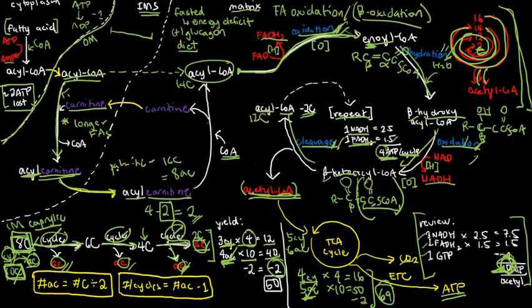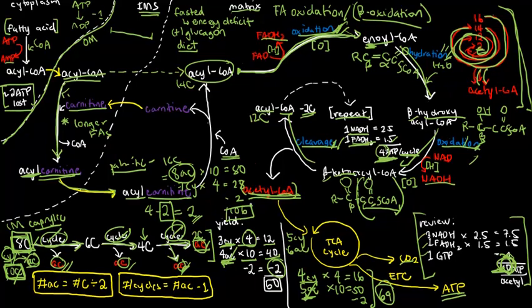So, for example, you might think, palmitic, oh my god, that's a long molecule. Can I possibly compute the ATP yield in a very short time? Yes. So first, we already know it has 8 acetyl groups times 10, that's 80. And then we know that the cycles is always one less. So the cycles is 8 minus 1, so that's 7. And we know the multiplier for cycles is always 4, so that's 7 times 4 is 28. And then minus 2, don't ever forget. 80 plus 28 minus 2 is 106.